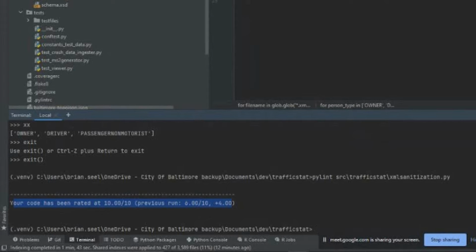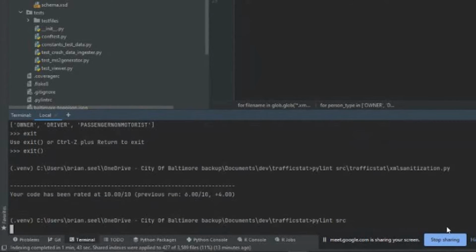Let's see. What's the command to run PyLint? To run PyLint, I just ran PyLint space and then the file name. I could also run it on an entire directory. So if I wanted to run it on all of my source directory, I can do this. And so PyLint is a Python